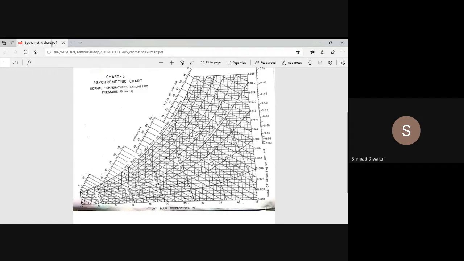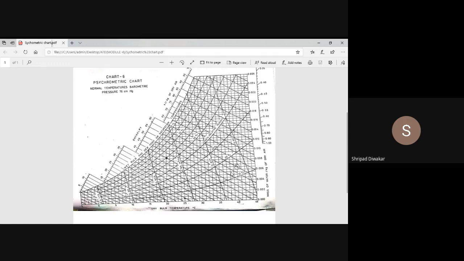Suppose if it lies in between 10 and 20, you have to take 15. Suppose it is in between two lines. We have only 10 lines. Suppose it is passing exactly on that point, you write that value, 20% relative humidity, 30%, 40%, like that. If that point lies in between two curves, we can write it as the average, like 15%. This is how to find out the relative humidity. Understood? If it is in between relative humidity lines, you have to take the average.